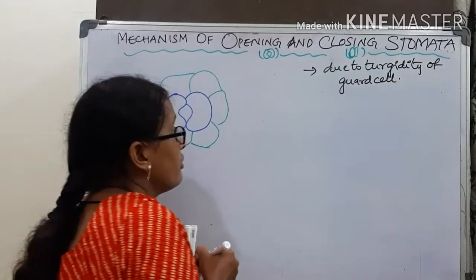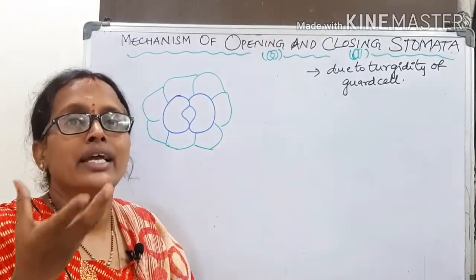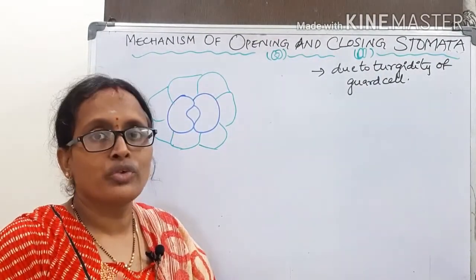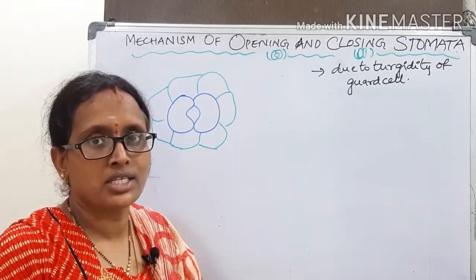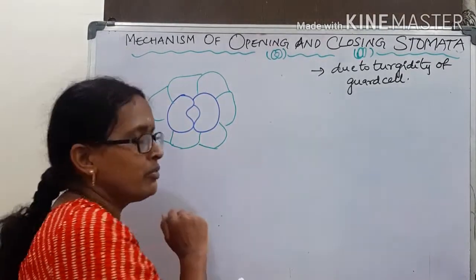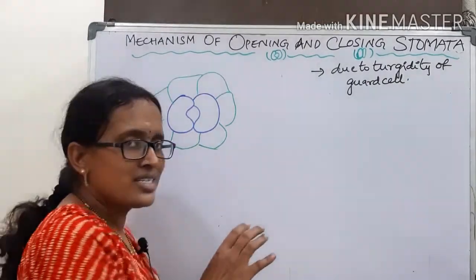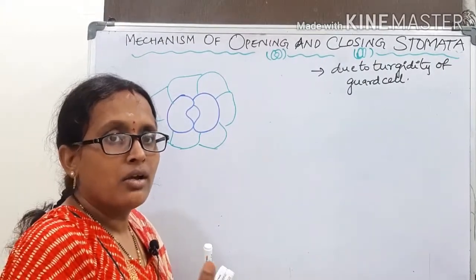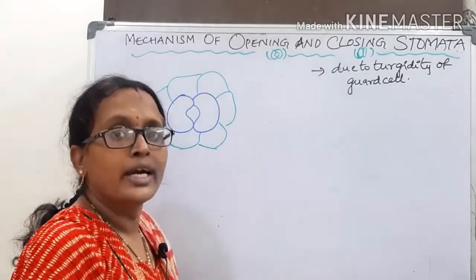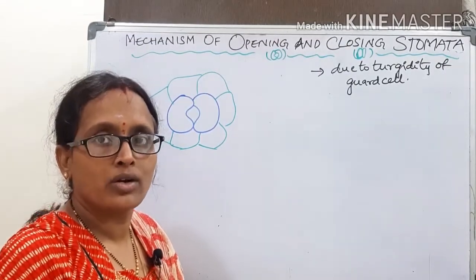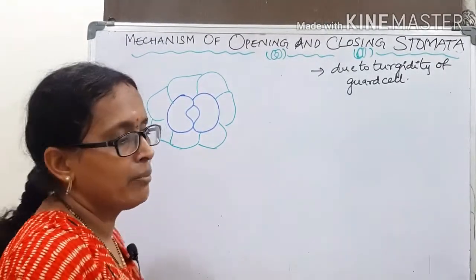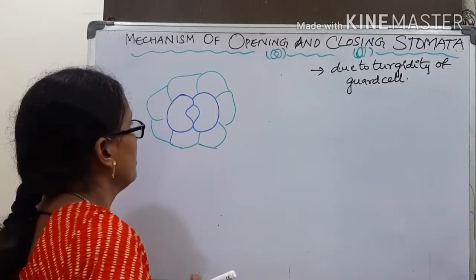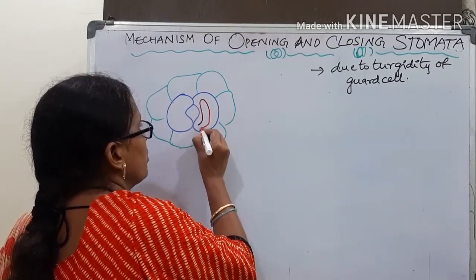When any cell absorbs water, it becomes turgid. When it loses water, it becomes flaccid. When water is absorbed by the guard cells, it creates pressure on the walls, so that they bulge out and the stomata opens. When it loses the water, it becomes flaccid and the stomata closes. How is this going to happen? We know that in the guard cell a large vacuole is present,